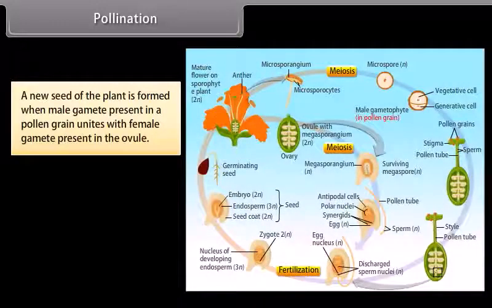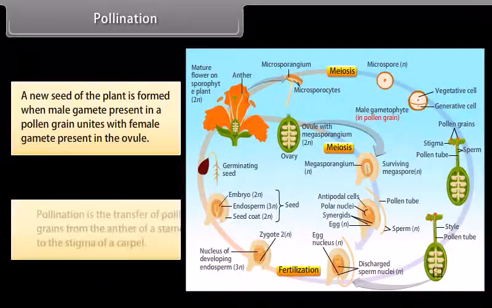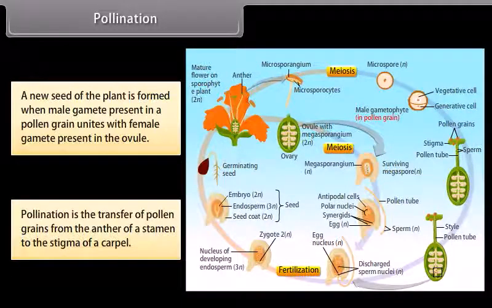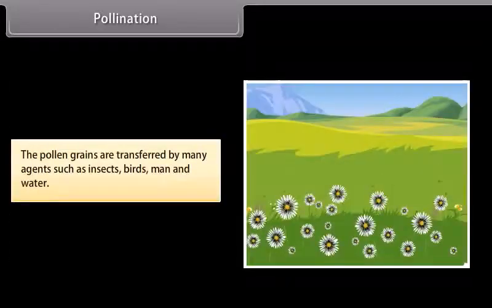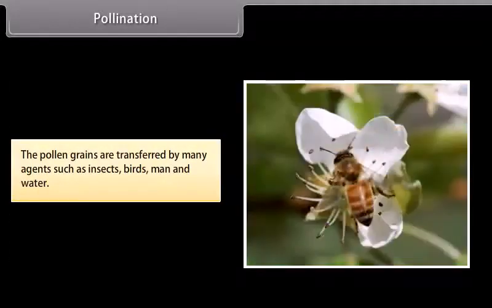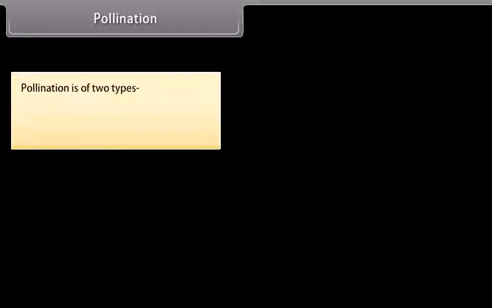Pollination. A new seed of the plant is formed when the male gamete present in a pollen grain unites with the female gamete present in the ovule. Pollination is the transfer of pollen grains from the anther of a stamen to the stigma of a carpel. The pollen grains are transferred by many agents such as insects, birds, man and water. Pollination is of two types: